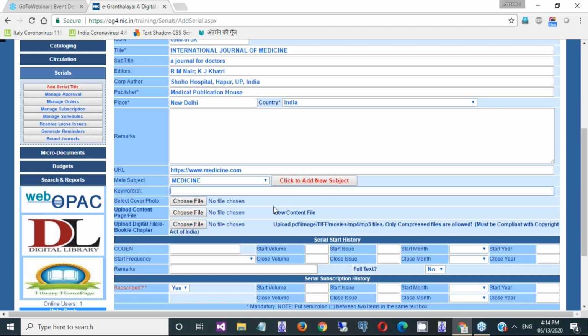Once you exit the form, then the new subjects will become available in this drop down. Then you can put the keywords, whatever related keywords you wish to put. The maximum keywords you put will be very useful for searching the documents.